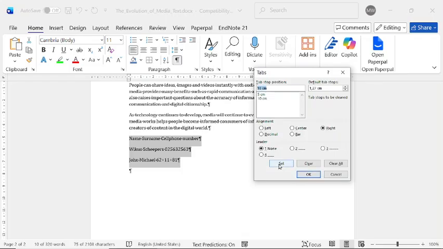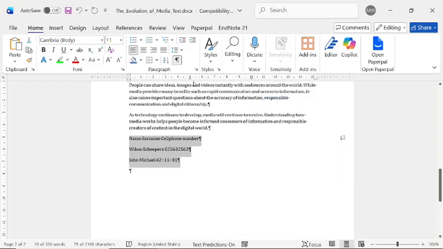But I'm going to say set, and if I press now OK, you will see it's a bit difficult, but here underneath 5 you'll see that there's an icon that looks like an L, and here on the right side you'll see underneath 10 that there's a backwards facing L. Now these just indicate your tab stops.